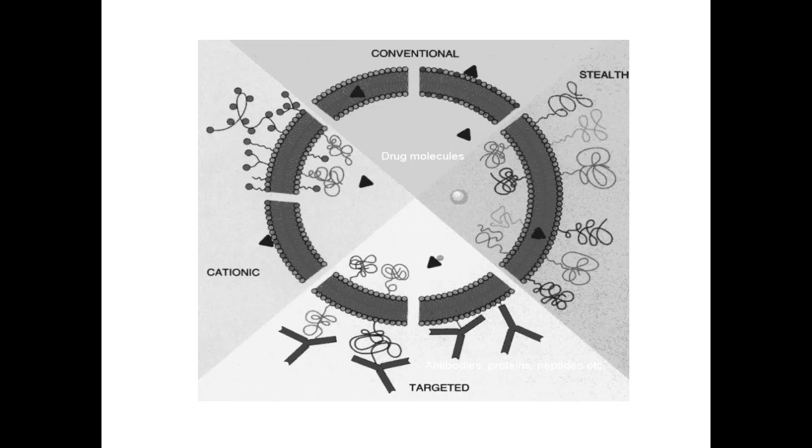Next, these are the different shapes of liposome formed with the help of different composition parameters, different methods of preparation, and different applications too: cationic, targeted, stealth and conventional. These are the different areas where you identify the different shapes and sizes of the liposome that is manufactured or formulated, wherein you are able to incorporate your hydrophilic drug of choice as well as the hydrophobic drug of choice suitably.